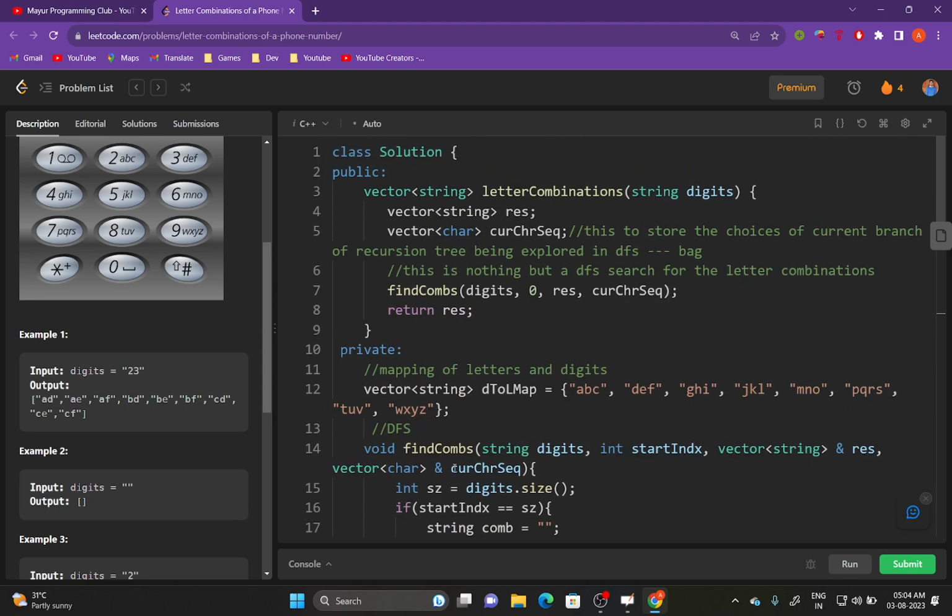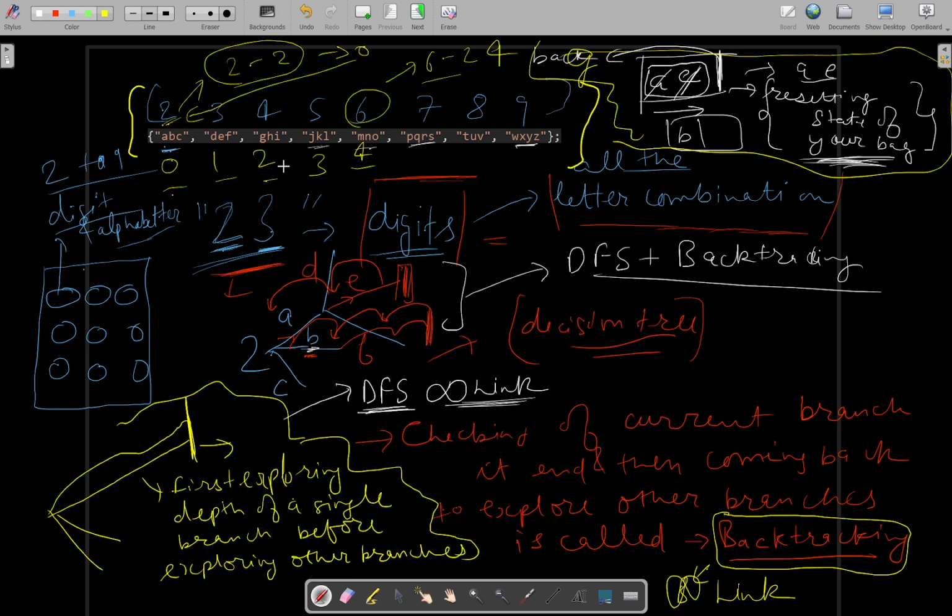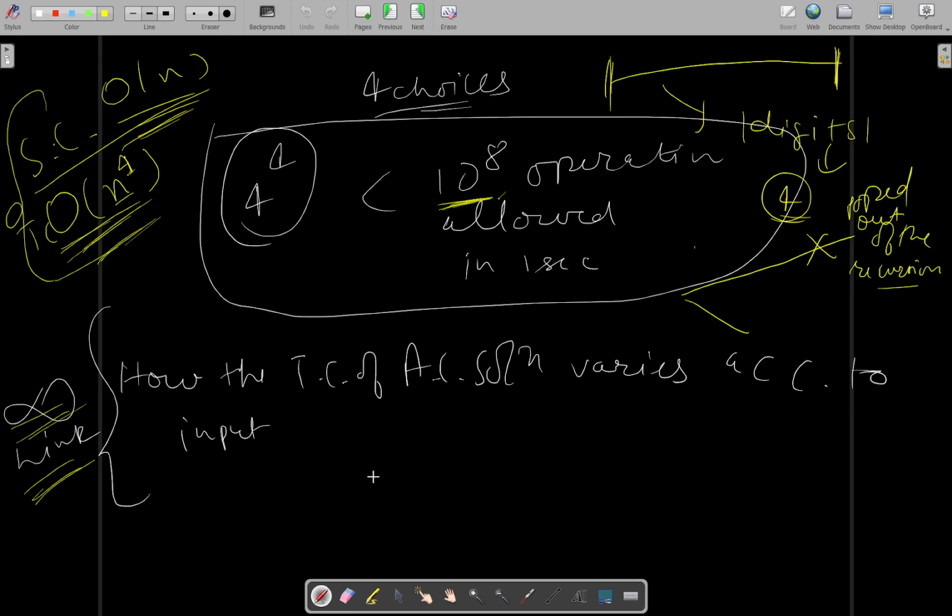This was one approach, the DFS approach. Now we will also discuss another approach. If you observe, in this approach we were going in a depth-wise manner and then exploring other branches. It can also happen that instead of going in a depth-wise manner, you can go in a breadth-wise manner. What I mean to say is,